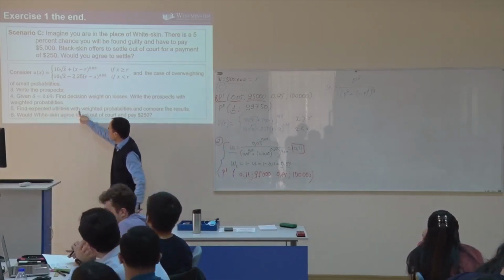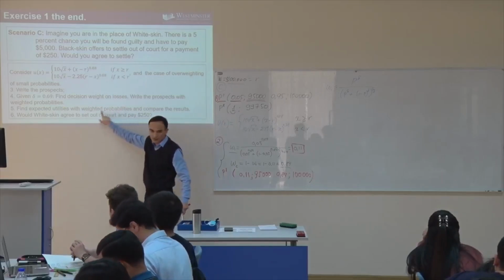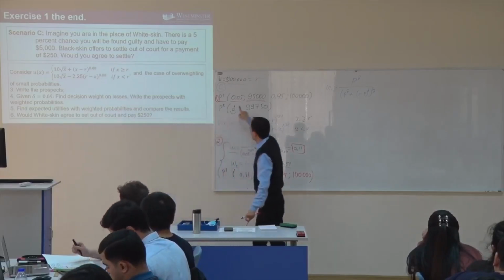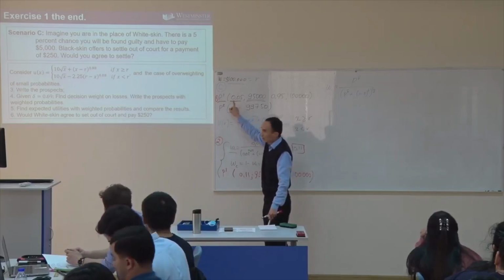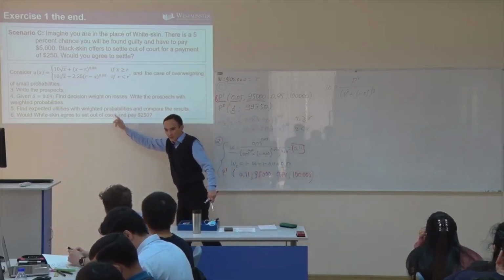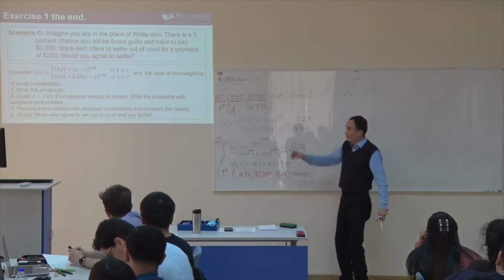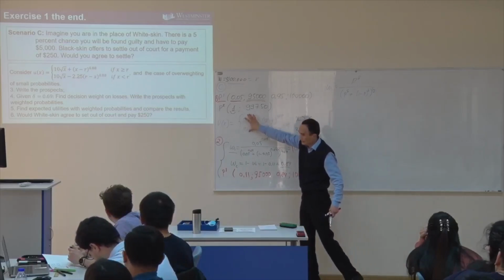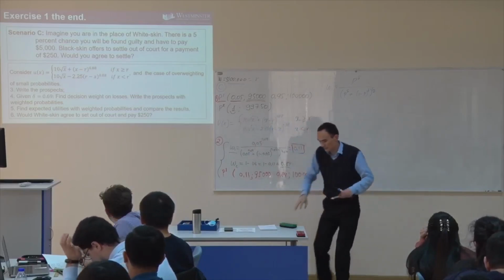Find expected utilities with weighted probabilities. This is the most important thing. I'm not asking you to find the probability, that to estimate expected utility with this probability. You have to estimate it with the weighted probability. So where the weighted probability is this one, okay? So now we are going to apply that formula, the utility function. Now it's time to apply it. So now our utility function, students,